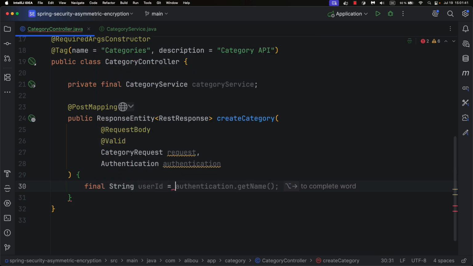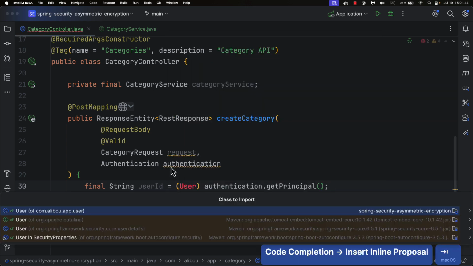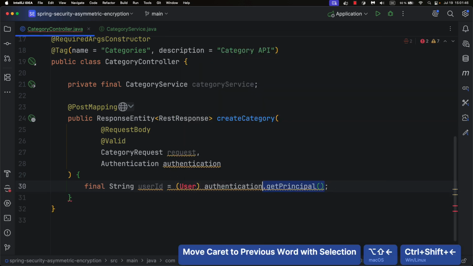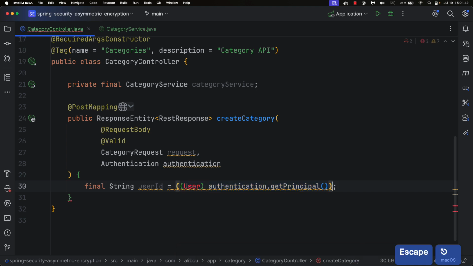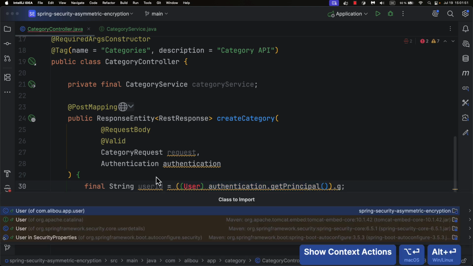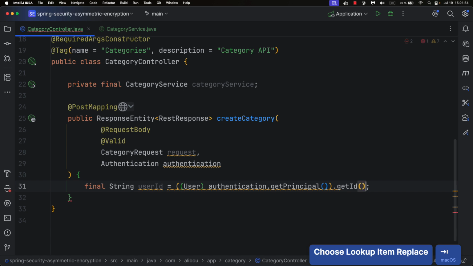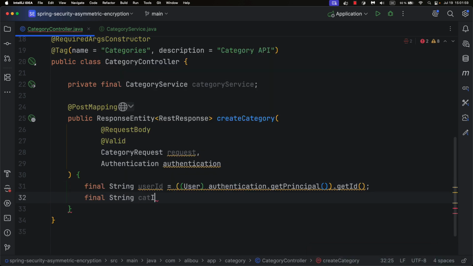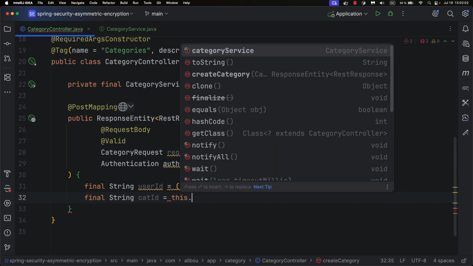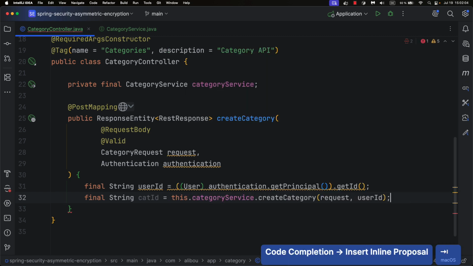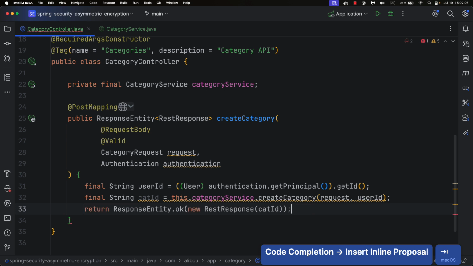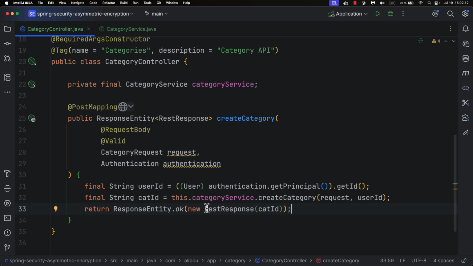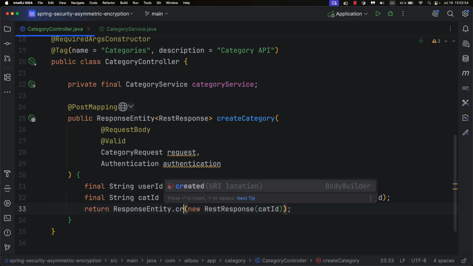All right, so simply we just need to have a final string, let's say maybe user ID equals, and here we will cast user and dot get principal, and all of this should be between parentheses, and then dot get ID. Let's import the user first, and then dot get ID. So this will be my user ID, and then I will have a final string cat ID equals this dot category service dot create category, and then finally I just want to return my new response entity dot OK with a REST response. But to follow the best practices, instead of just returning OK, we can say just created,